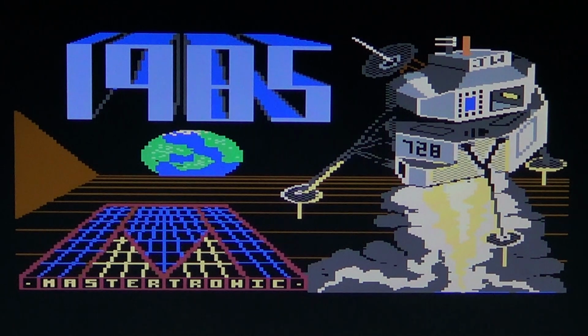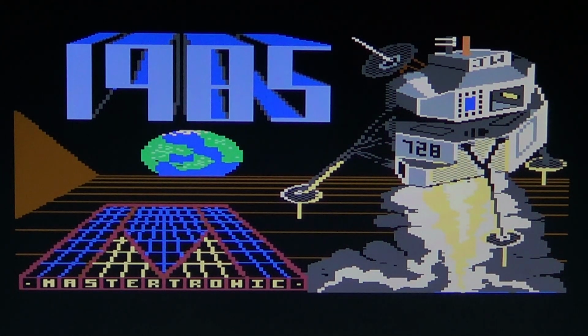The problem with this game, even though this little intro screen is not too bad, is that basically you have this little rocket type vehicle that you have to go around and fly.